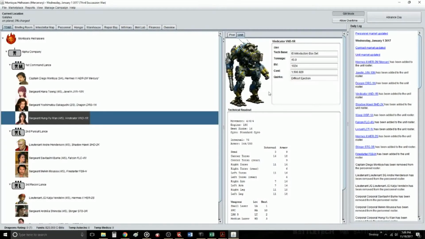In the lore, the Vindicator is a Capellan mech. It's basically a Capellan-only mech essentially, although you can find it in other places because the company that makes it does export it. But according to the lore, the Vindicator is essentially the standard medium mech of the Capellan Confederation. It's their standard medium, no frills, nothing fancy, nothing really to distinguish it. Really, it's just their bog standard medium mech. And that is